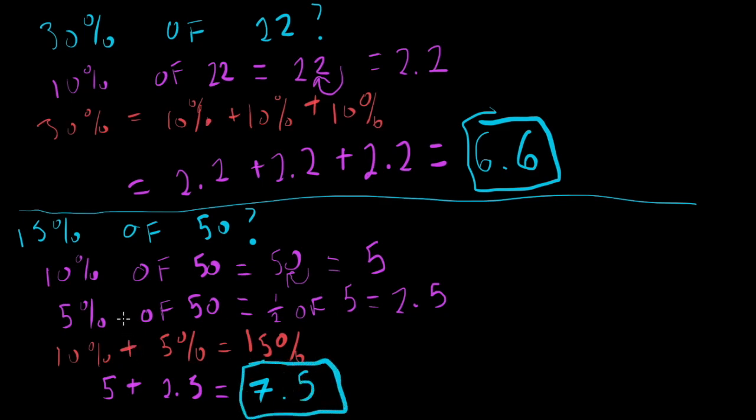Okay, so 15% of 50 is 7.5. All right, so we just did 10% and 5%, and we are good. All right, moving right along. So now let's do 16%